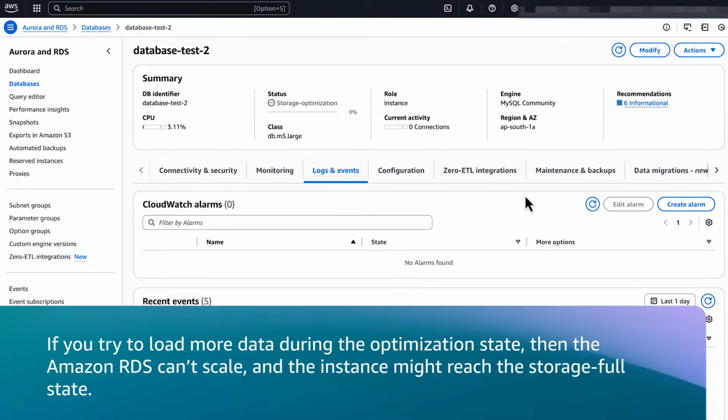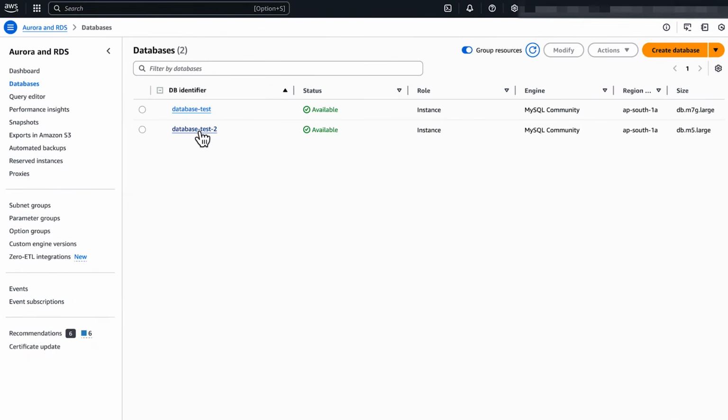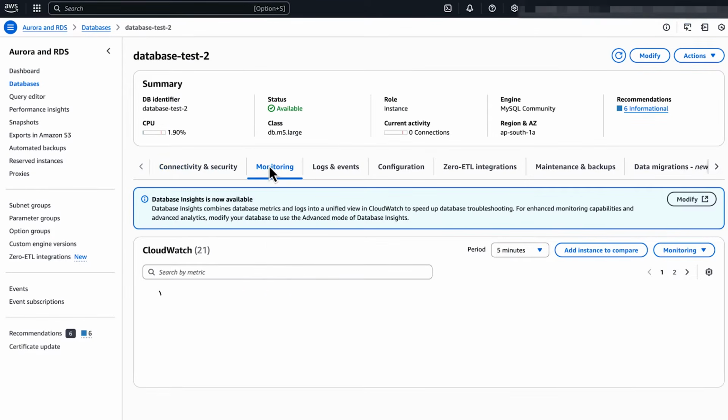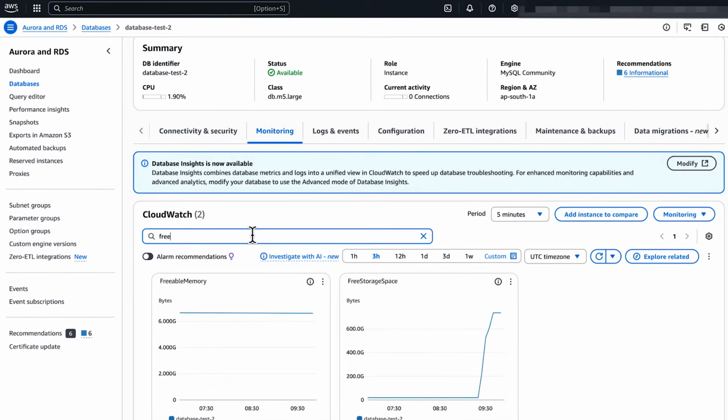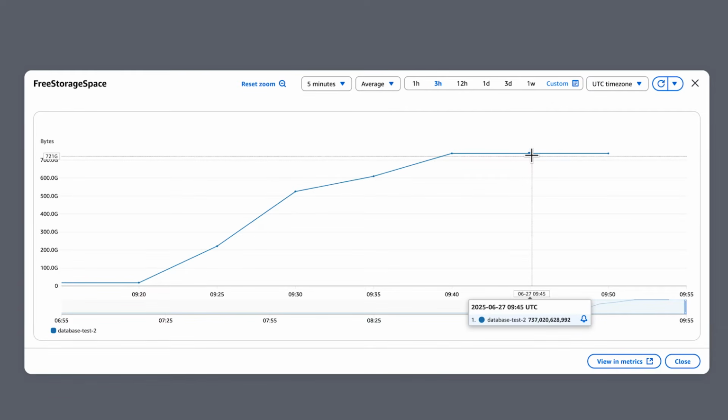If you try to load more data during the optimization state, Amazon RDS can't scale and the instance might reach the storage full state. To check how much free storage space your DB instance has, view the free storage space metric. If it's below 10% and your DB instance is still in the available state without recent storage scaling, then autoscaling initiates.